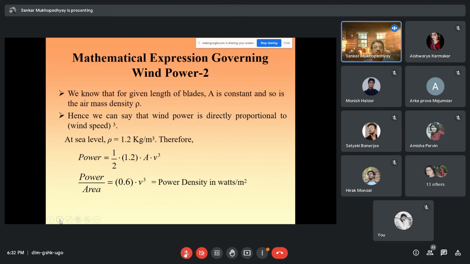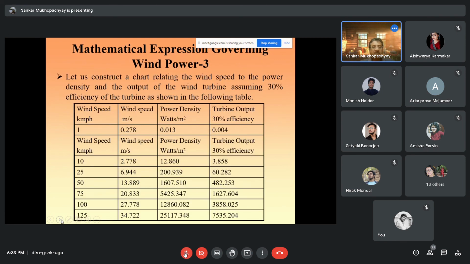We know that for given length of blades A is constant and so the air mass density rho. Therefore, we can say the wind power is directly proportional to the wind speed cube. At sea level, rho is equal to 1.2 kg per meter cube. এটা হচ্ছে এয়ারের ডেন্সিটি। Therefore, power is equal to half into 1.2 dot A v cube, power by area এইসব করে যা পাওয়া যাবে 0.6 v cube, power density in watt per meter square। এটা অঙ্ক করার জন্য লাগবে।